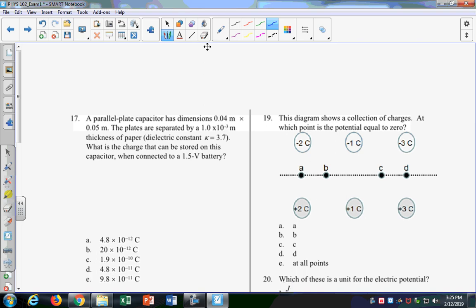Well, where is the potential equal to 0? To find where the potential is equal to 0 due to a multiple set of charges like this, you want to find the place where all the positive and negative charges of equal magnitude are the same distance from that point. So for example, this one, the answer is E, isn't it? Okay. Let's switch these up just a little bit. Here the answer is E because this distance is the same as that distance. That distance is the same as that distance. So when I add up the potentials, they cancel out. Because the potential due to this charge is exactly equal but opposite due to the potential of this charge at this point. But if I switched up the order a little bit, which you can do,